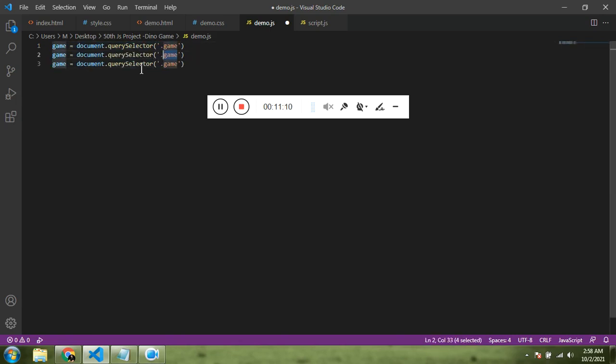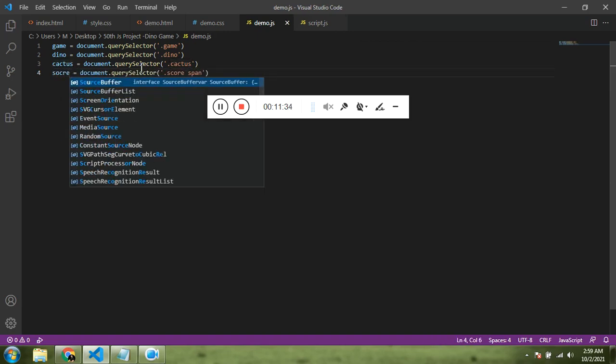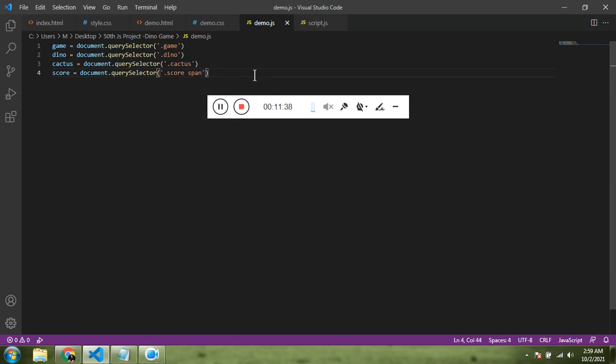The second one is going to be the dino, then cactus, then let's have the score with us. Score, we need to modify the span tag, score. Great.